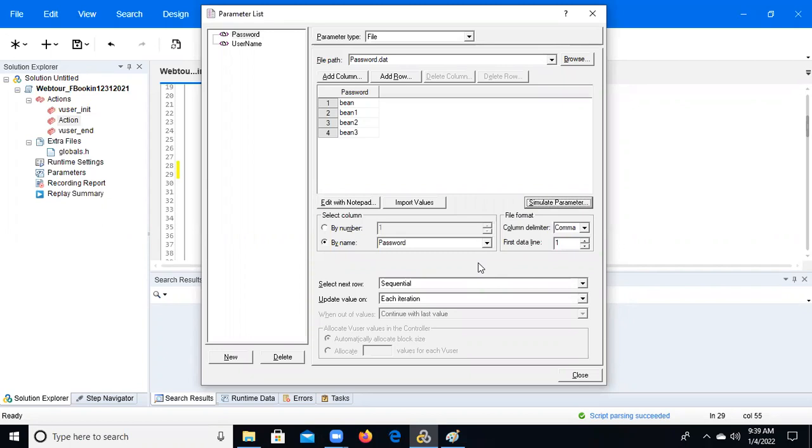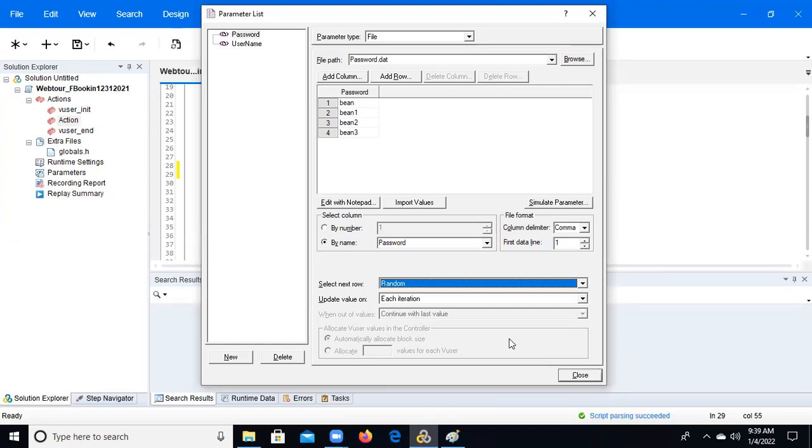Yes. So in that situation we can use these types of options, like we need to select sequential each iteration, and sometimes we select random each iteration. What does random mean? Anyone can guess?